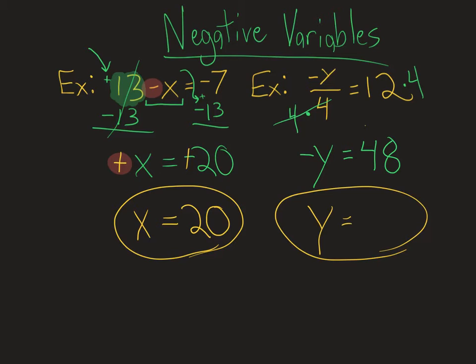There's no negative on this side to cancel, but the principle's still true. We're just going to flip the sign on both sides. That's actually what we did on number 1 over here. We just flipped the sign on both sides. They happen to both be negative, so they both became positive, but the principle is the same. I'm going to cancel that sign, which means I'm going to flip the sign on the other side, and that's